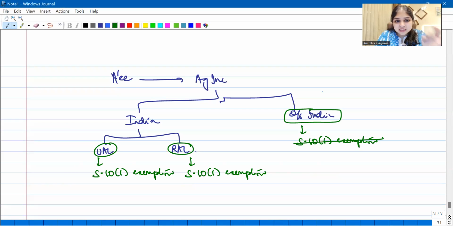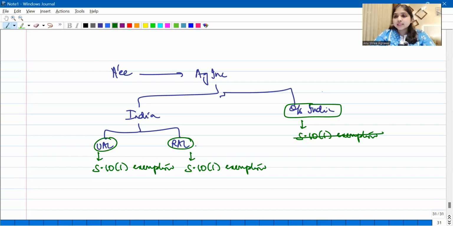Which is the only place where urban area, rural area matters? Capital gains. That's it. Everywhere else, urban area, rural area will not even make a difference for you. Okay, that is it about this question, guys. So with this, we're done with question number 6.